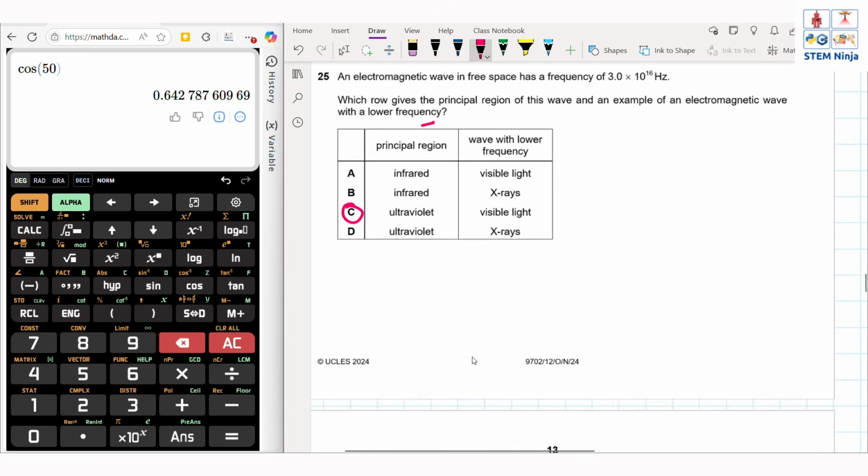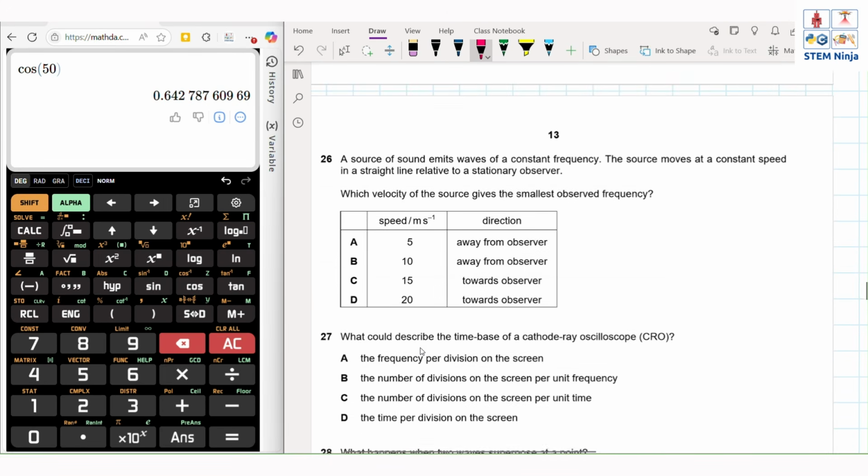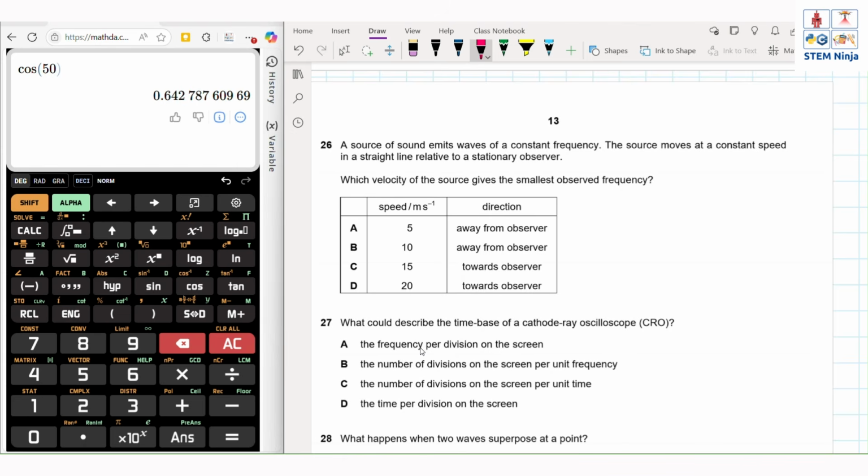All right, so moving on. A source of sound emits waves of constant frequency. The source moves at a constant speed in a straight line relative to the stationary observer. Which velocity of the source gives the smallest observed frequency? All right. So we know the Doppler effect over here. So for example, if this is the observer and this is the source over here,